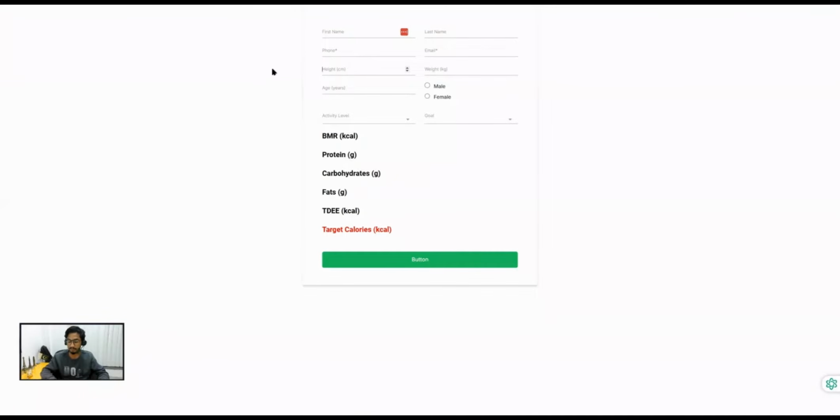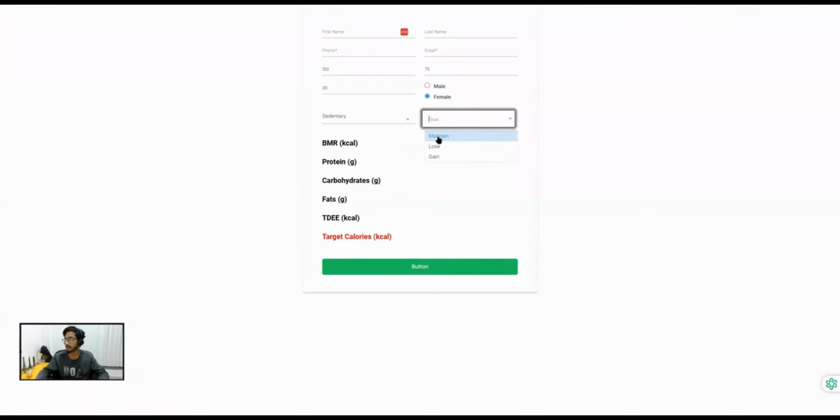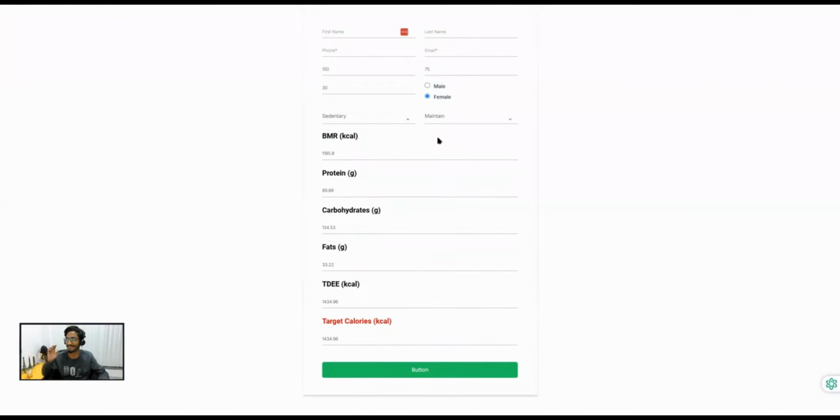So let's just fill out this form. The height should be in centimeters. Let's see, 150 centimeters, and then weight in kg. Let's do 75, and then age in years. Let's say 30, and then if we do the gender as female, and then the activity level, let's select this one, and then for the goal, let's do maintain. Boom! Look at this. How cool this is going to be,